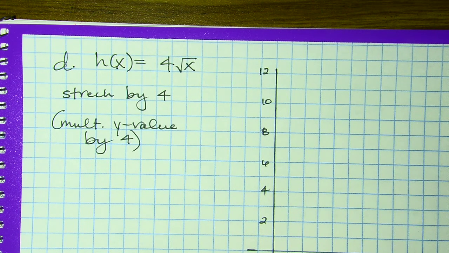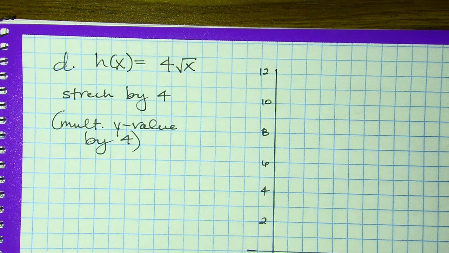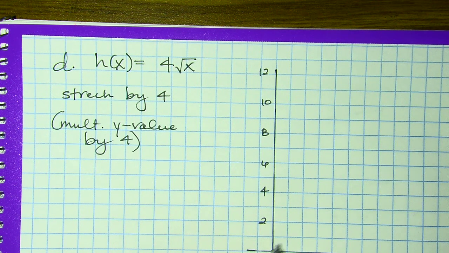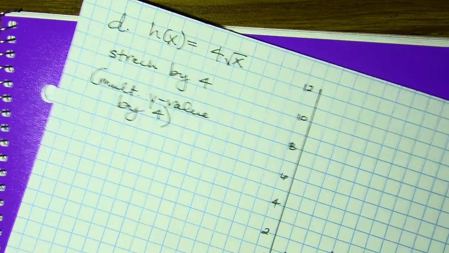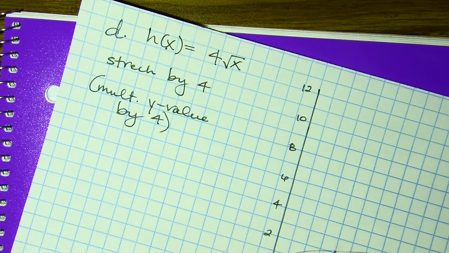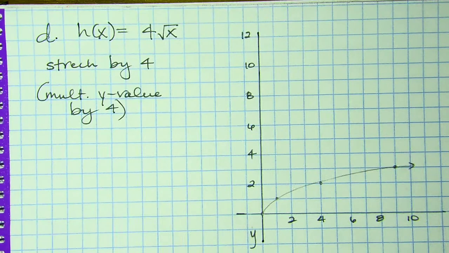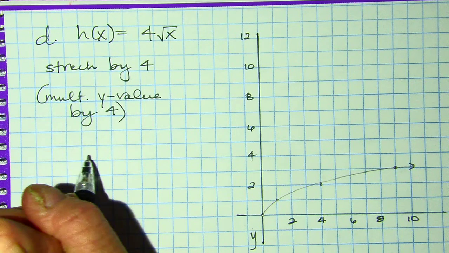2, 4, 6, 8, 10. X, here's y. So let's graph that parent function again. 0, 0, 1, 1, 4, 2, 9, 3. And so here's my original function that I just keep transforming. Now, if you want to see this as a table, so if I plugged in,